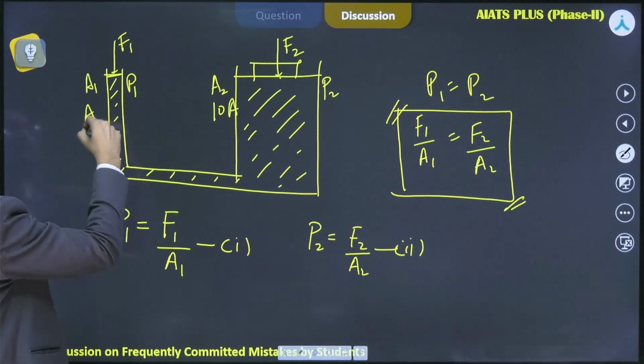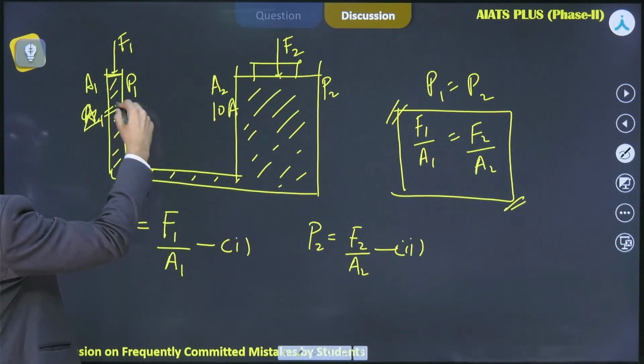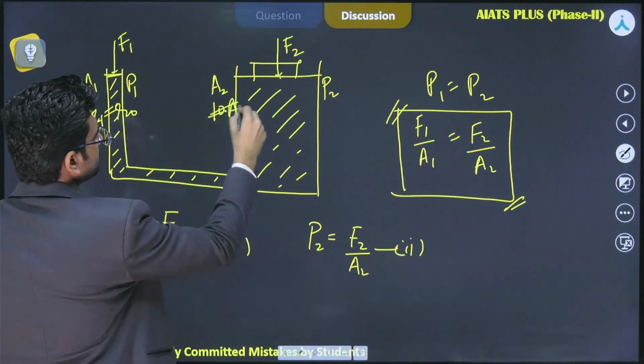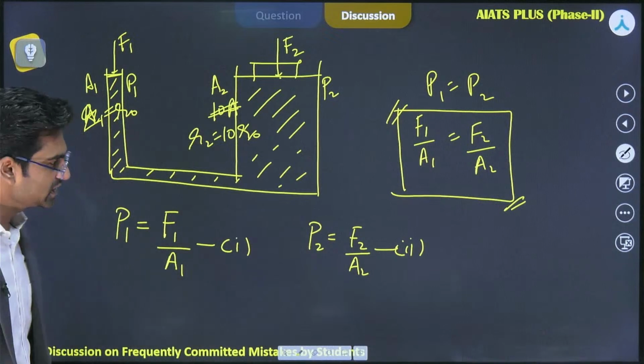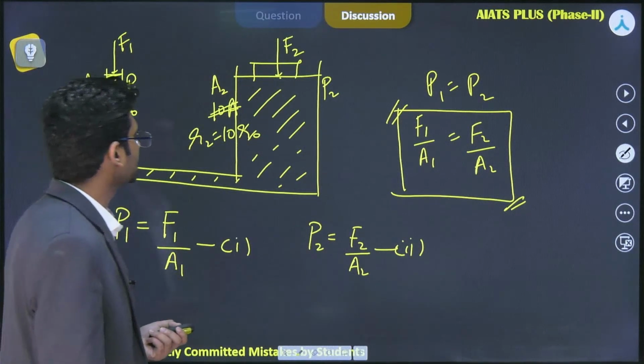No, this R1 is, let's say, R0, then R2 has to be 10 R0, right? So what would be the ratio of area? That would become